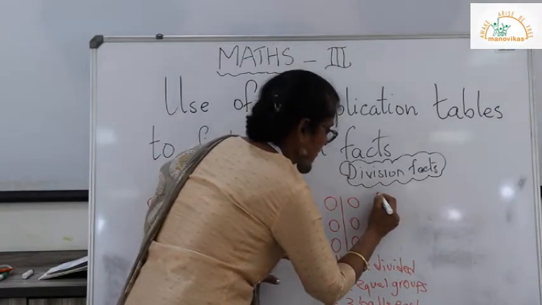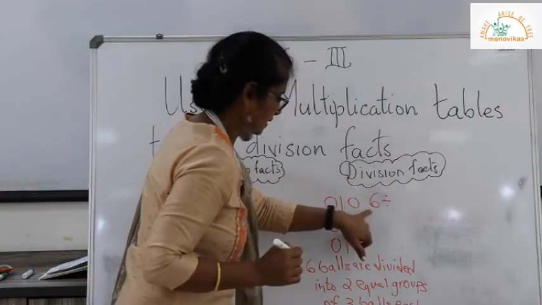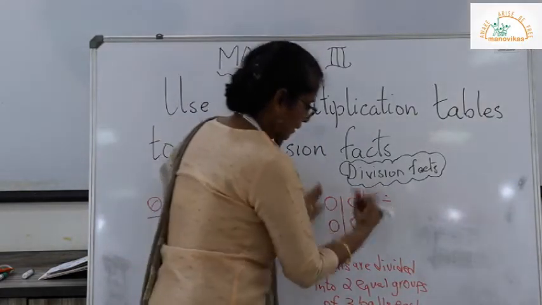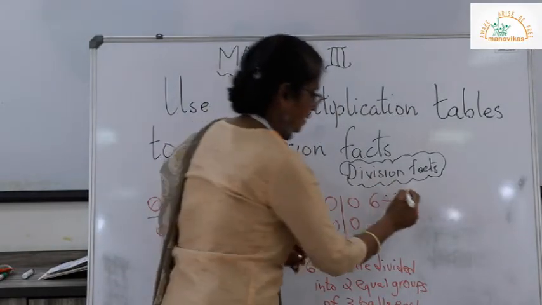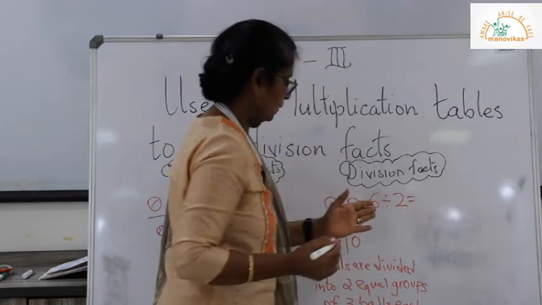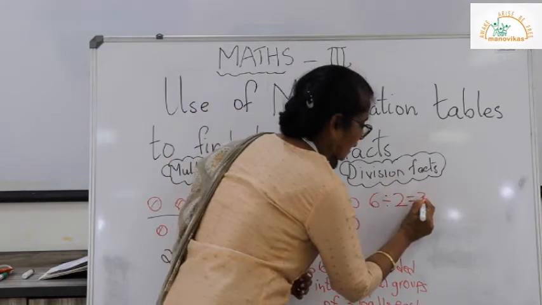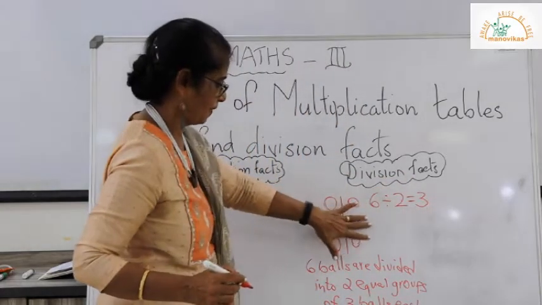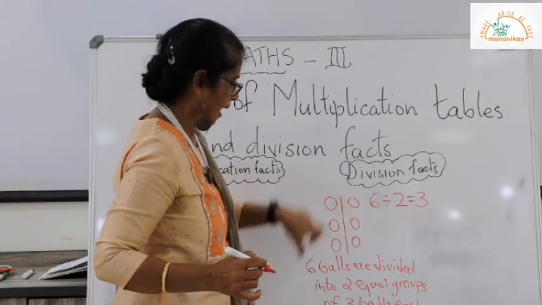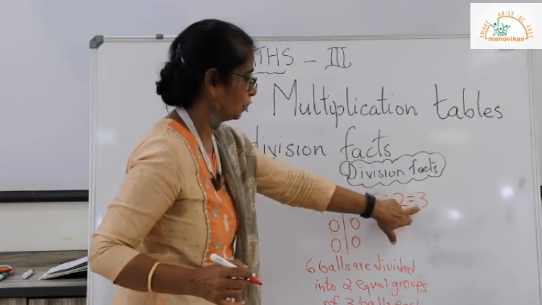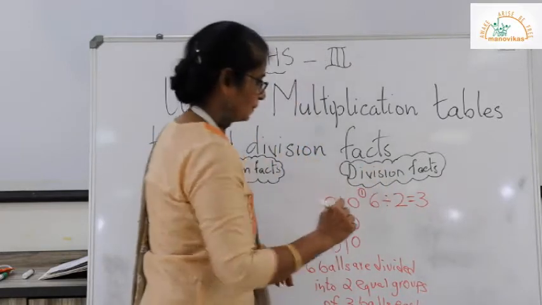Now when we have done this, we get a sum like 6 divided by. Now 6 is the dividend because there are 6 balls. The group, how many groups are there? 2. So 2 is the divisor, which gives us, we know in the table of 2, 2 3s is 6. And so we get one division fact. How did we derive it? We have put them in 2 groups and we get the result, the quotient, as 3. So we got one division fact.